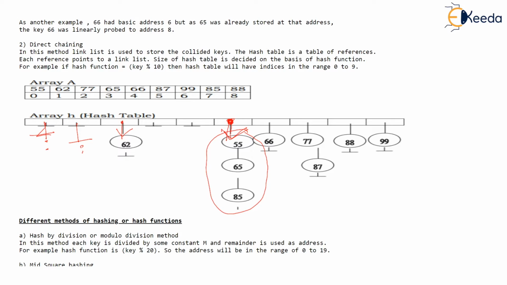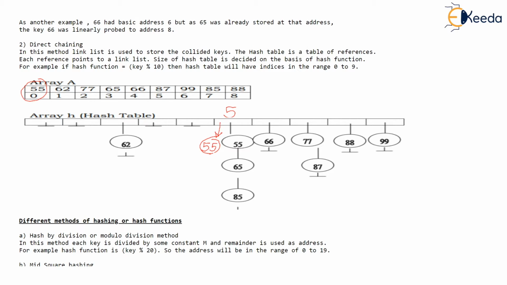So as you can see, I'll be drawing the corresponding hash table, how we got this. Let's take the first value 55. 55 will go at fifth address. 55 % n is 5. Then we are not going to store 55 inside this array. That's what we did in linear probing, isn't it? Or open addressing. But what we will do is, as 55 has got mapped to the fifth address, we will make a linked list. I'm just redrawing it over here. And 55 will be stored in a node of a linked list.